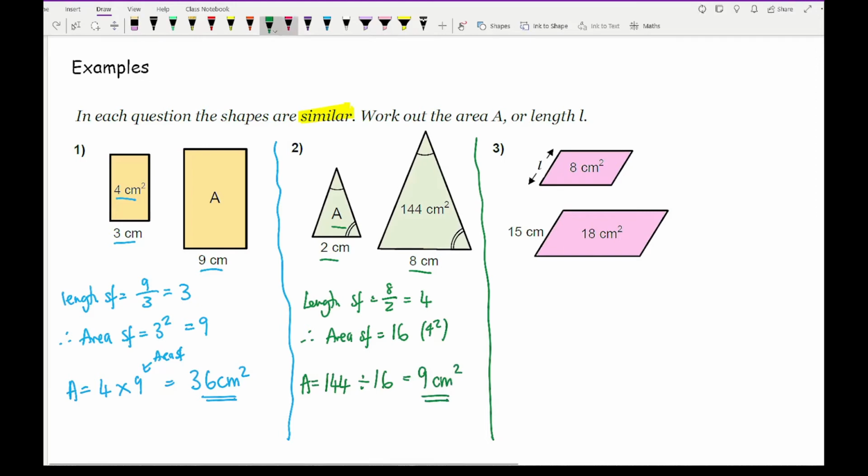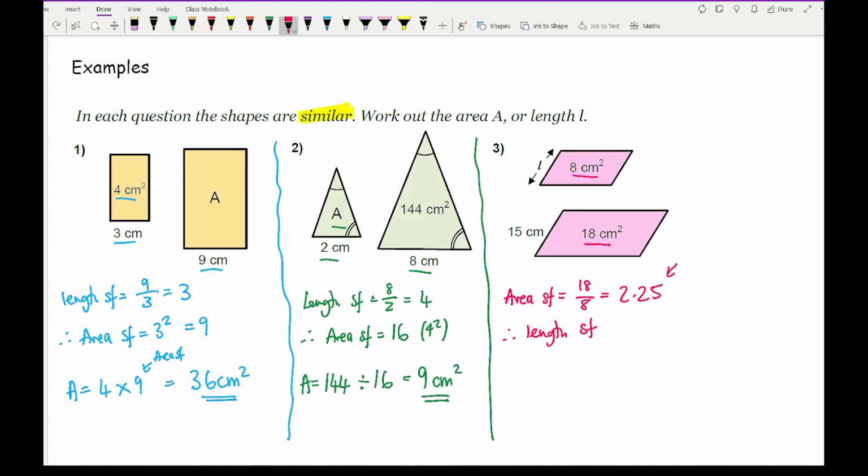Now for question 3, what I'm doing here is trying to find a length. In the two similar shapes I've been given the volume, the area. So here the area scale factor is going to be 18 over 8, which is 18 divided by 8, which is 2.25. Now that means that the length scale factor,